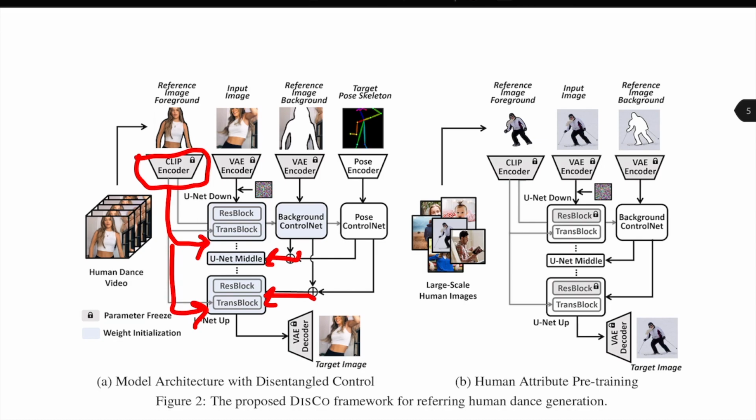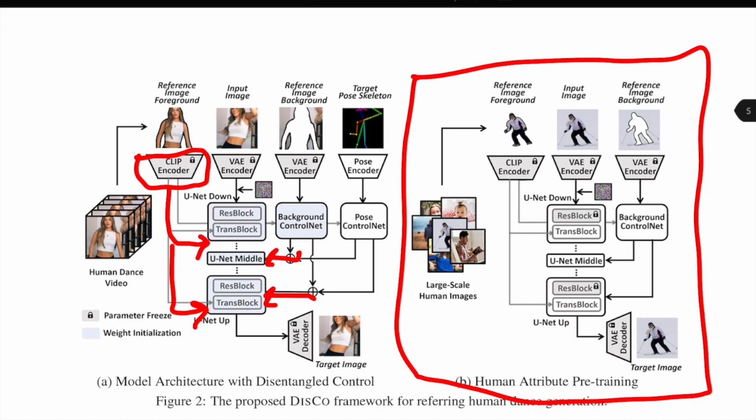If you look at the right here, we do some human attribute pre-training. In this case, we take images, we break them into the foreground and background, keep them in the same Stable Diffusion backbone, and we train a couple of items. First of all, we train the background control net, and we train the attention layers here. It was empirically found that the best results were from letting the attention blocks be trained while keeping the ResNet blocks fixed. As the training proceeds, the CLIP encoder and these sections are all trained,